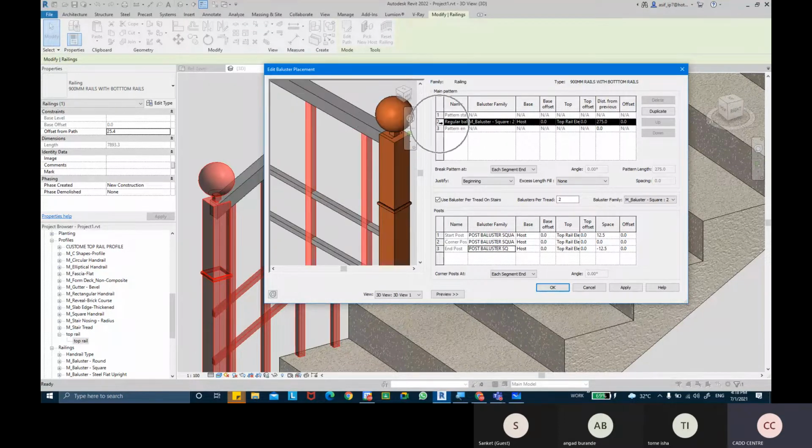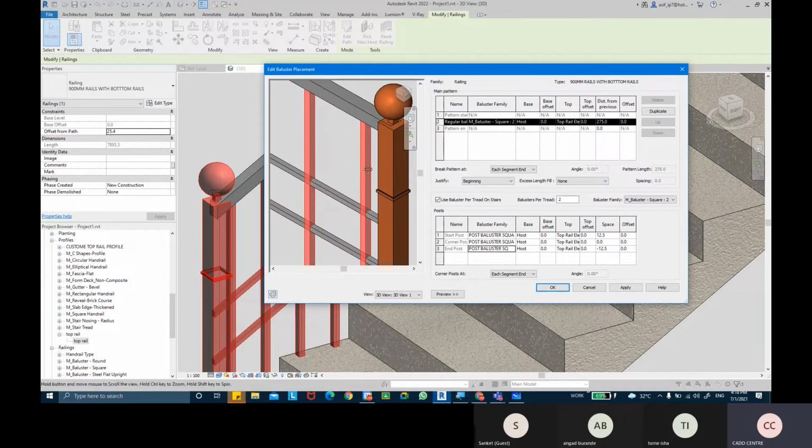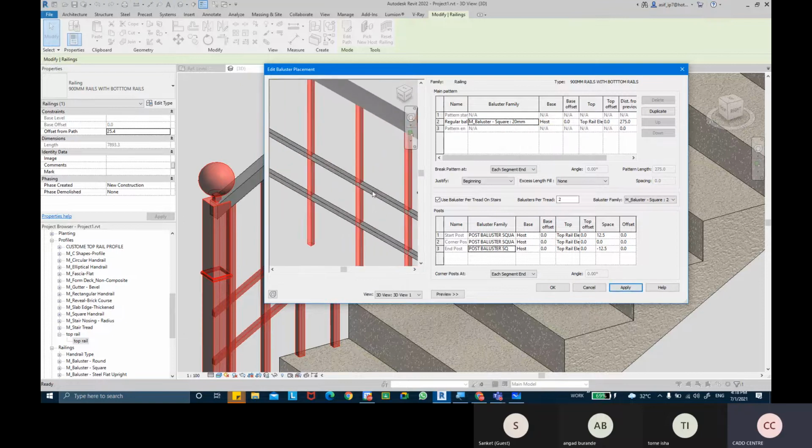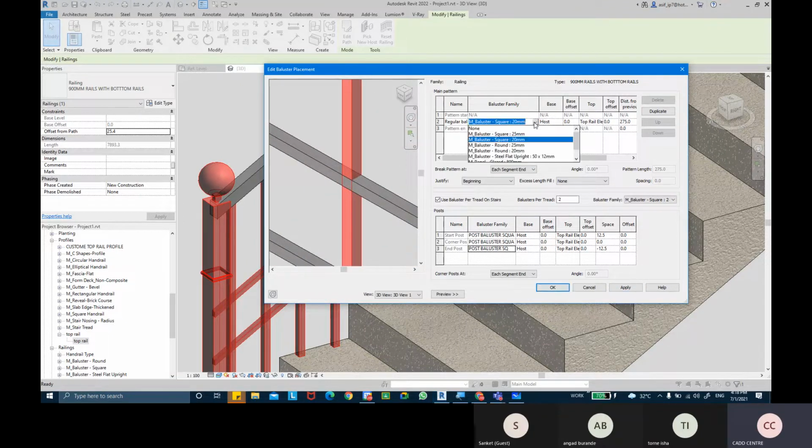You can see when I select the main pattern from here, that layer gets highlighted, and you can see it's highlighting in red over here. Currently this family has been applied, so it's a square family of 25 basically. I can change the family. If I come into Family, I have a lot of families available. I have another square family which is 20 thickness. If I apply that, the thickness will reduce. Then I have the other families as well. I have the round families as well, so if I wanted a round shape, I can take a rounded shape.